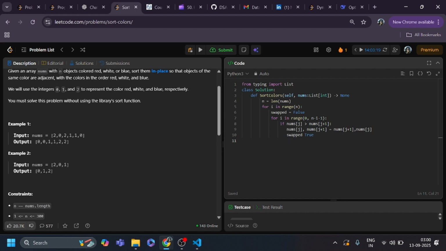Here I made a mistake in the for j in range.